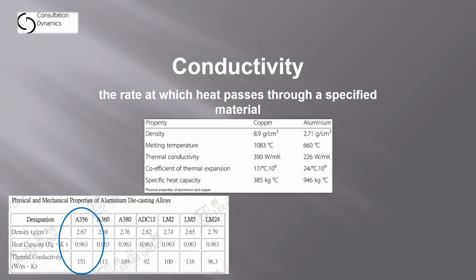And the reason why is because if you look at the bottom row there, the thermal conductivity rating of 151 versus 113 for the A360, we see that it's considerably more thermally conductive than even the A360 is. Even though both are aluminum, it has everything to do with the alloy. Now, A360, the reason that we draw the comparison to that is that if you were to take a look at most specifications, A360 is the material that most lighting fixtures are made from when they're referred to as a